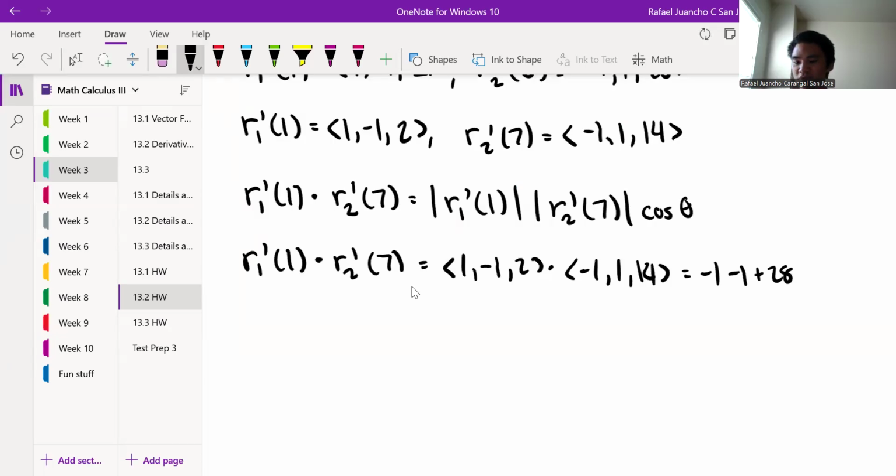So 28 minus 2, that's 26. So I get 26 here for their dot product. And then for their lengths,